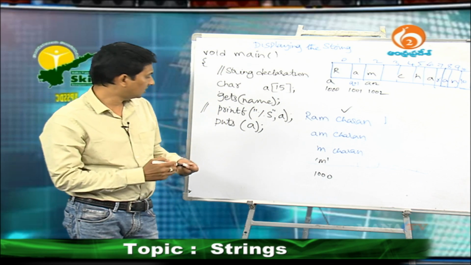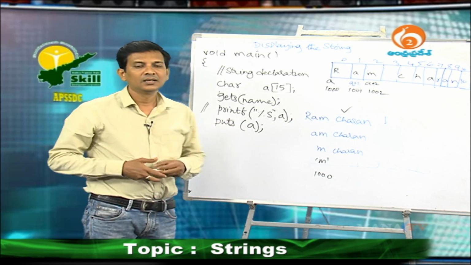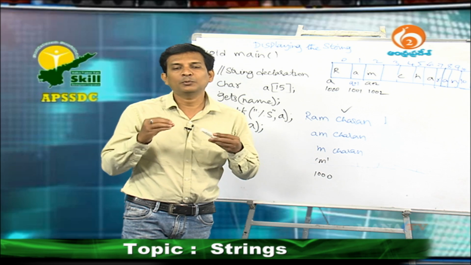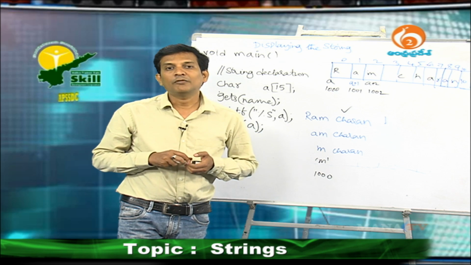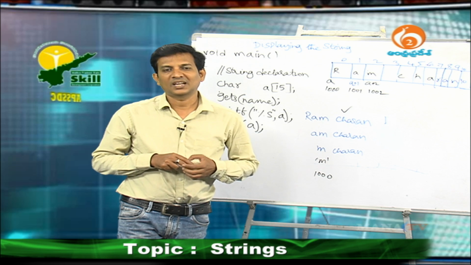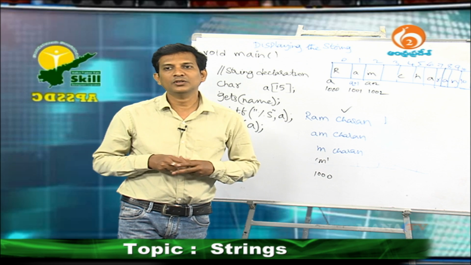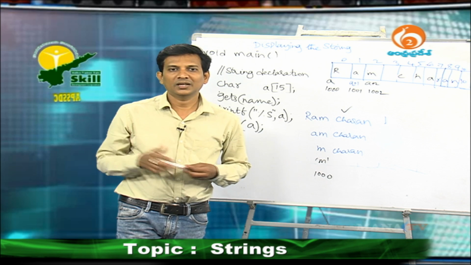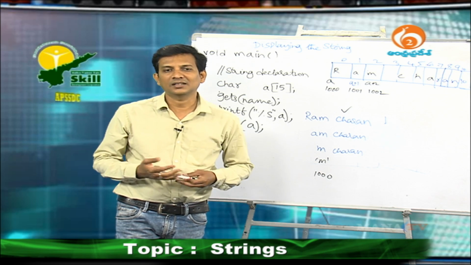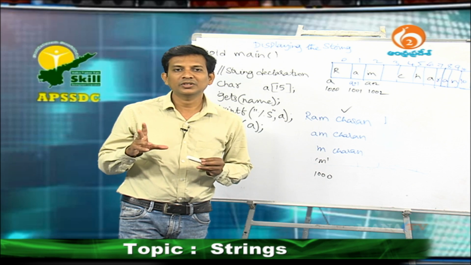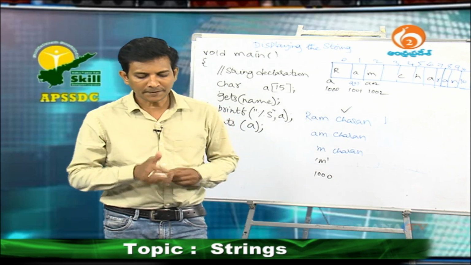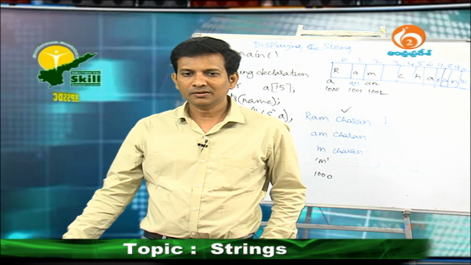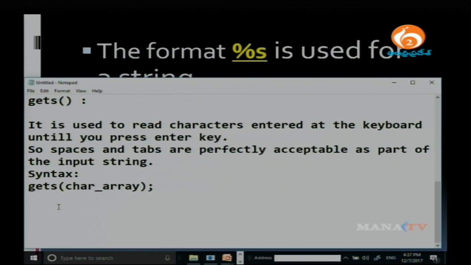Here puts is a predefined function which is defined in stdio.h, which is used to display a string, and puts belongs to the unformatted functions. It is just like printf. Printf is used for integer arrays, float arrays, integers and others. Puts is only used to display strings. Okay. I will give you the notes here, whatever I have discussed.